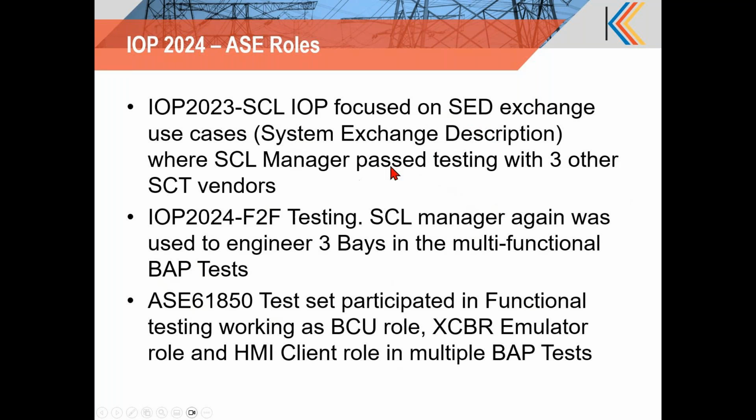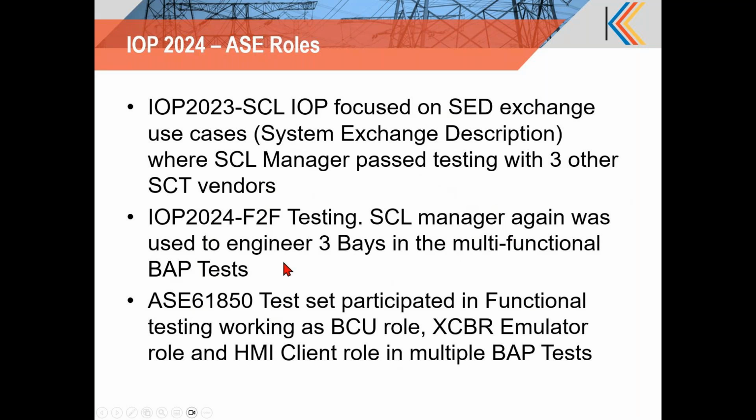This allowed the SCL Manager to test interoperability with other SCT vendors in the market. There were 4 SCTs that participated in the SCL IOP, and SCL Manager could successfully exchange files or configurations with all the other 3 SCTs. Then in the face-to-face IOP,